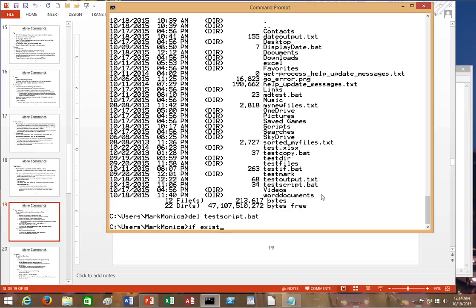Now notice I don't say "exists." I don't have an S on the end of it, because normally when you're talking you'd ask if something exists with an S at the end. In the Windows command line scripting, you just use "exist." So, if exist,